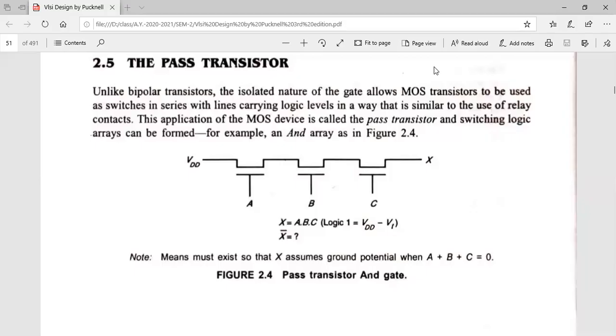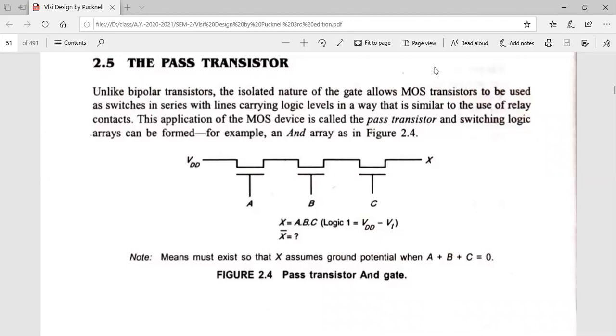Good afternoon, class. In today's class, we are going to discuss the pass transistor. Pass transistor means we are using the MOSFETs only. The pass transistor concept is applied to the MOS transistors. These MOS transistors are